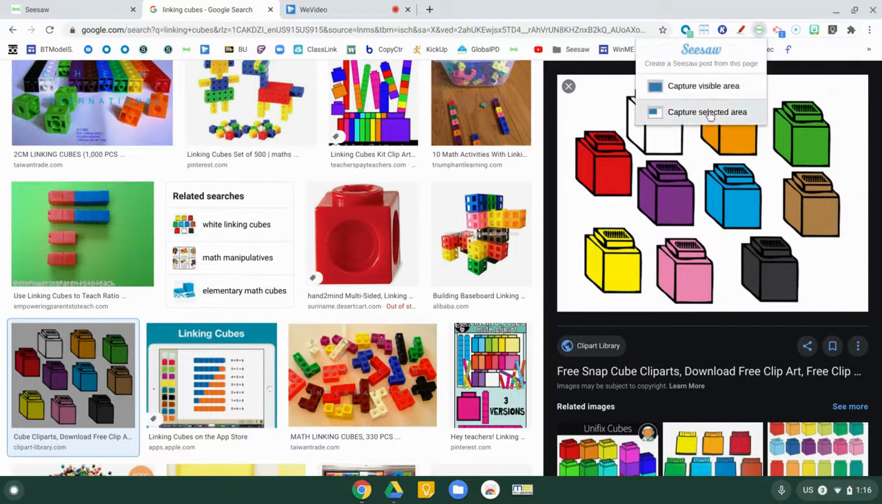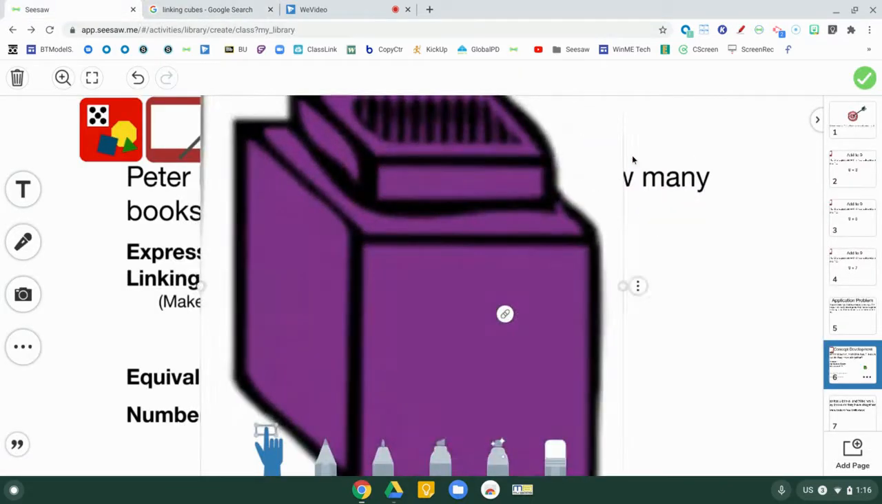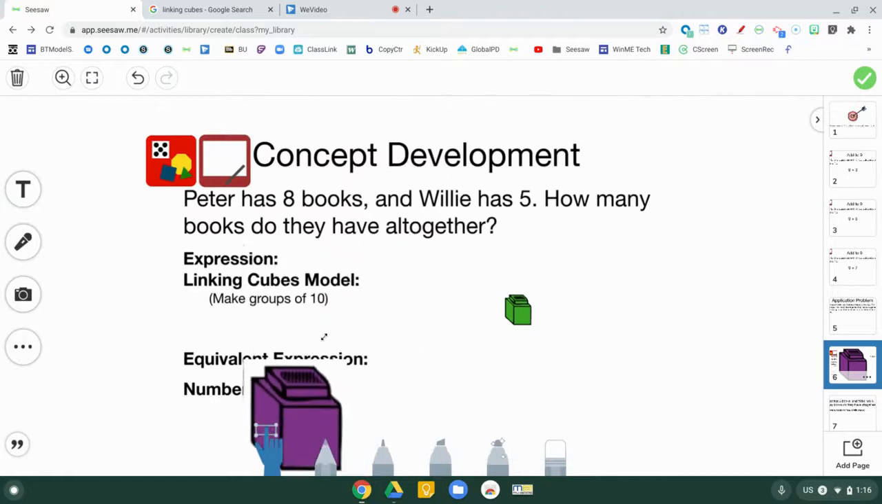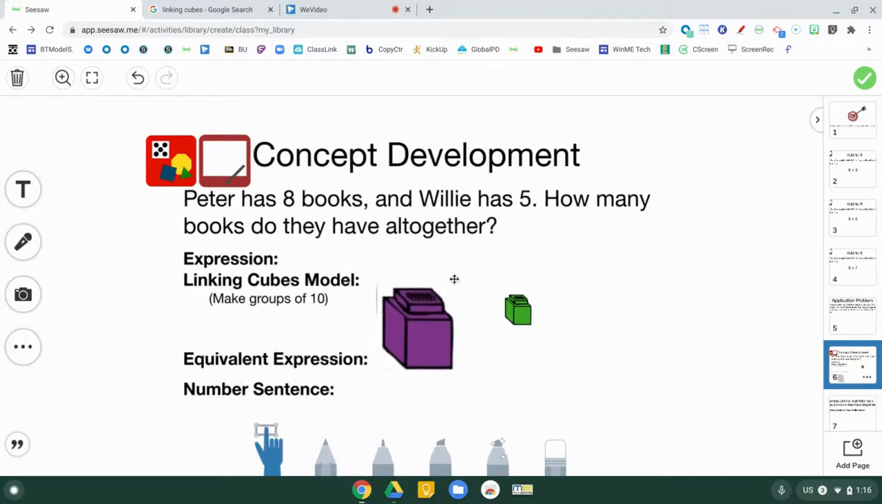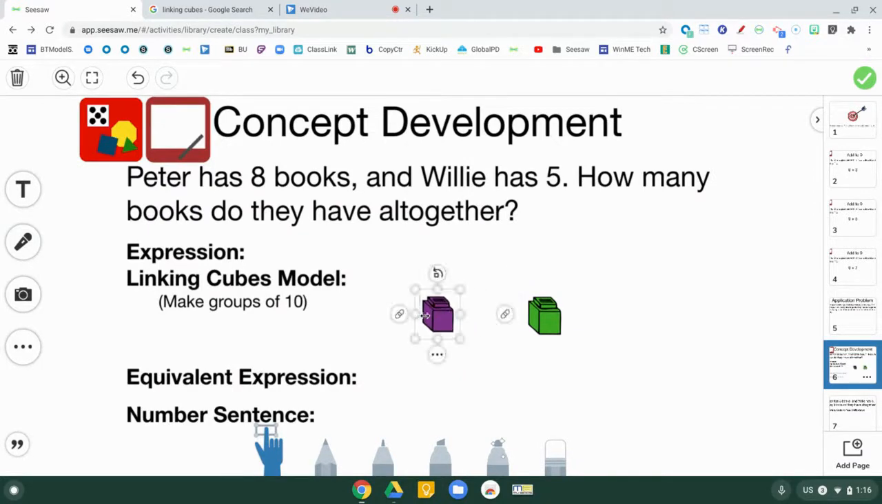Seesaw extension, selected area. I will say I don't go right on the edge because I notice it doesn't necessarily snip it appropriately. So have a little extra. Make it small. Now, before I do anything, and I'd probably re-snip that because I see the black,